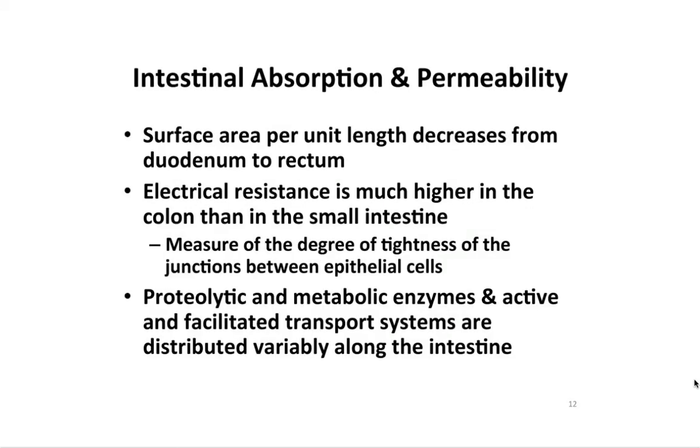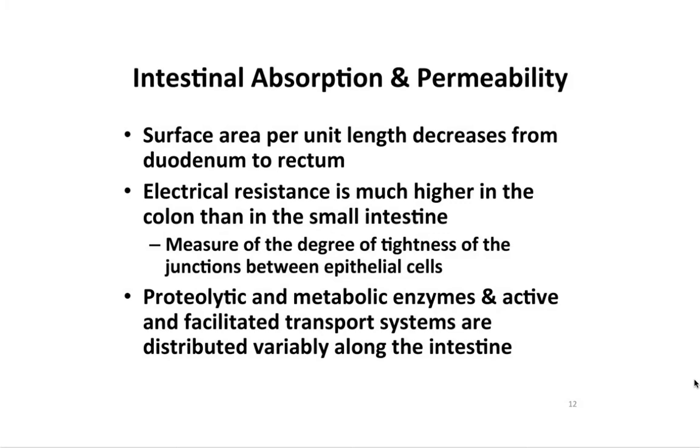Now, intestinal absorption permeability, one parameter I mentioned earlier that can be followed through the GI tract is the surface area per unit length, which tends to decrease from duodenum to rectum. Additionally, electrical resistance is very high in the colon because of the tight junctions between epithelial cells that line the colon. And this leads to less, if not complete, resistance to absorption of molecules from the colon,